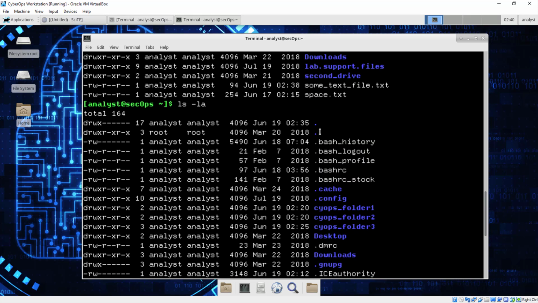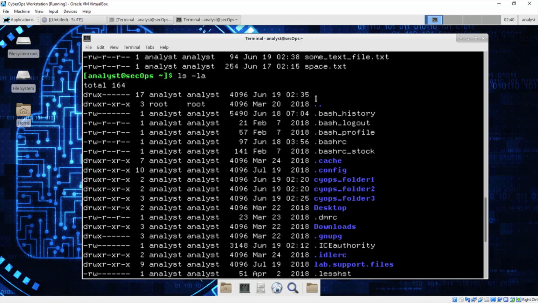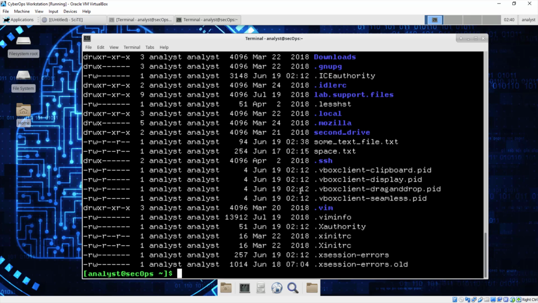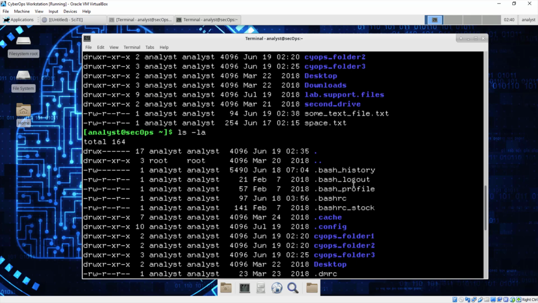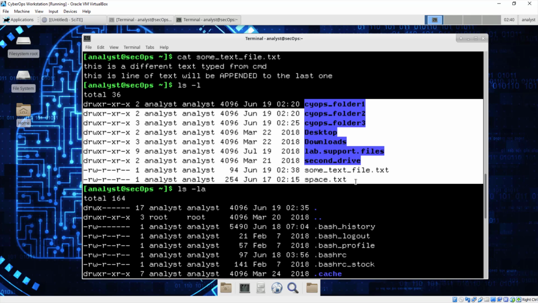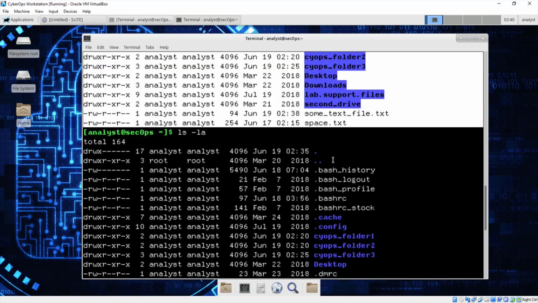So you see, as I hit enter from my keyboard, I do have all these hidden files. You see this .bash_history, .bash_logout, and all that. Some of them are configuration files, and some of them are just folders. Initially we didn't see almost any of them. What we were able to see are these folders and the txt file. But if you compare this output with the one we just had, it is totally different. So you do have some hidden files from here to this config. So now you have another one,